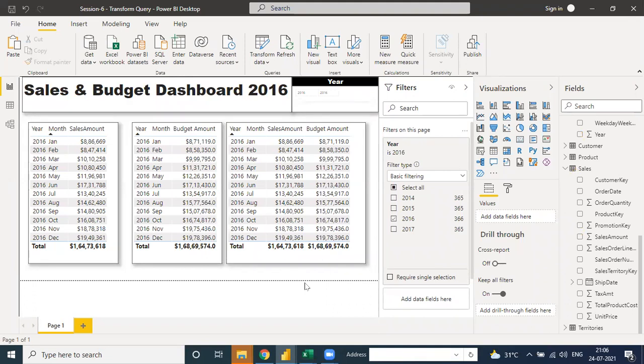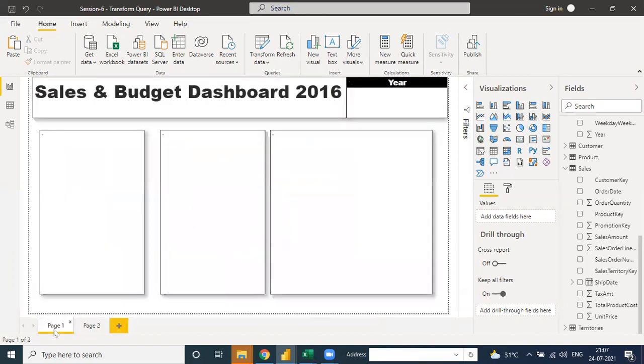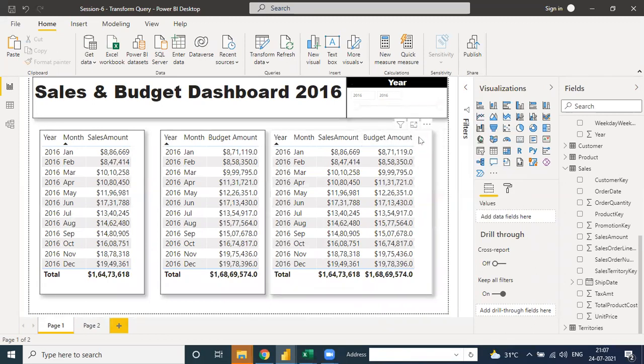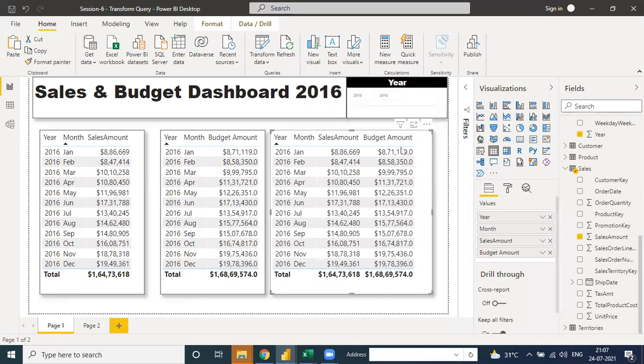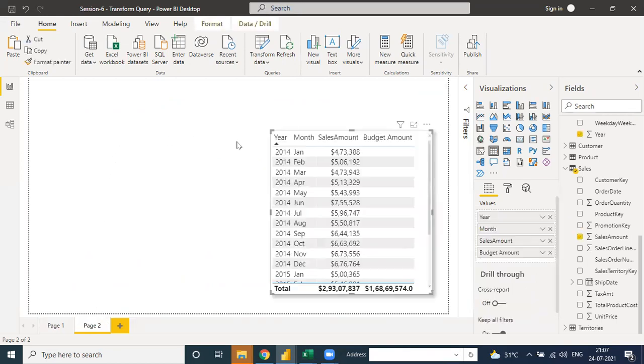Because in the last class I said there are two types of measure in Power BI. I already told you the two types of measure used in Power BI in the last class. Tell me, guys, what are the two types of measure? I'm sorry, Harsh, I was not in the last class. Okay, no worry. There are two types of measure: first is explicit and second one is implicit.